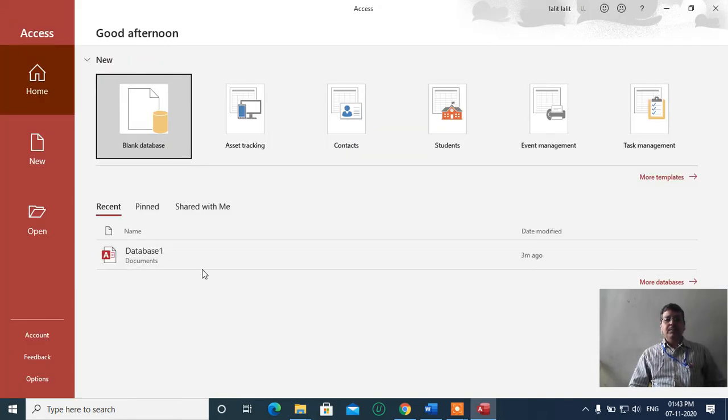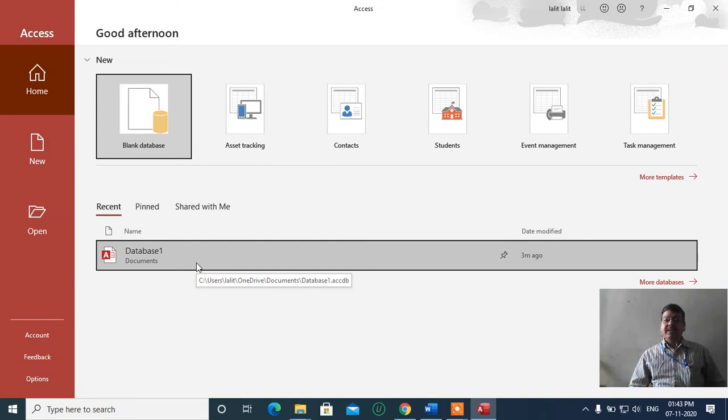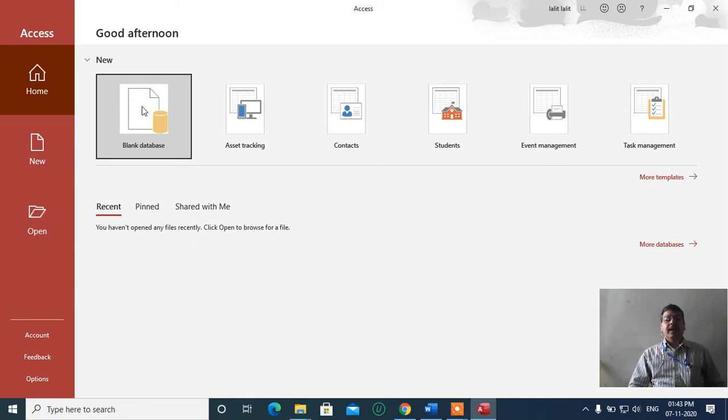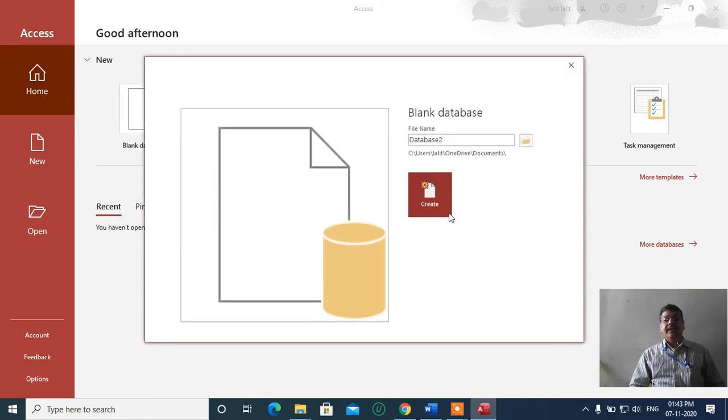Suppose we want to remove the database that I have created earlier. I am unable to delete it from this window. Yes, you can remove it from the list, but you are not allowed to delete it. Suppose I remove it. Again I create a new database. Then the name of the database is database 2, because database 1 is already there in your Access.